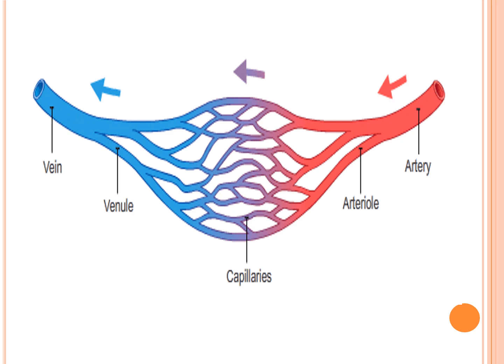As they are branching, if you see, you will understand that the diameter is becoming thin. So as they are branching, the branches become thinner and thinner, and at a point it becomes extremely thin. That is called the capillary. The capillary is the hair-like vessels which are formed because of the division of the arteries.